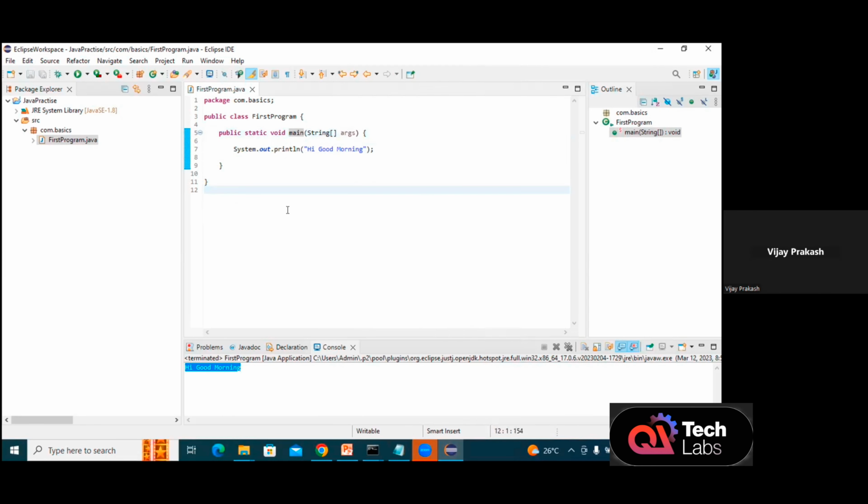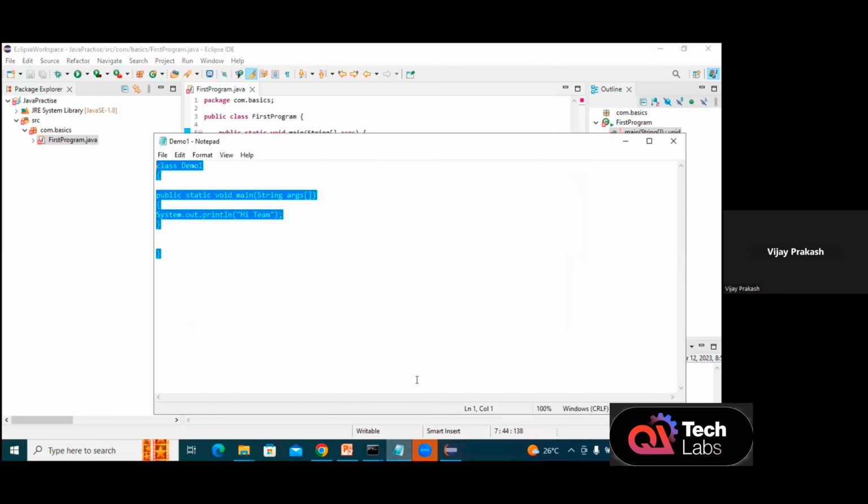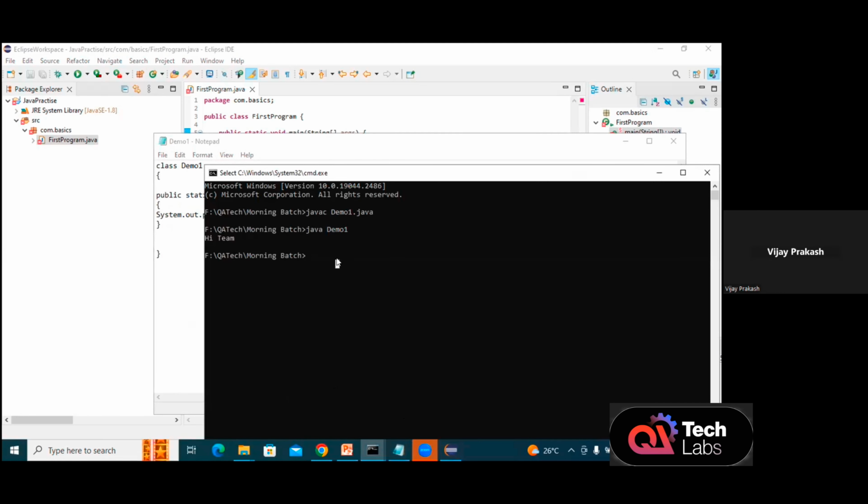Okay, so what is the fanciness of running a program in the Eclipse editor rather than Notepad? When you type a program, by default, the compiler will find the errors directly over here. Now, if I miss giving a quote over here, it is showing me what is the error in my program. It is telling me the string literal which you have given is not closed properly. But when I write the program over here, now see, I'll just remove this and save it. There is no error which has been shown. If I come here and execute this program,